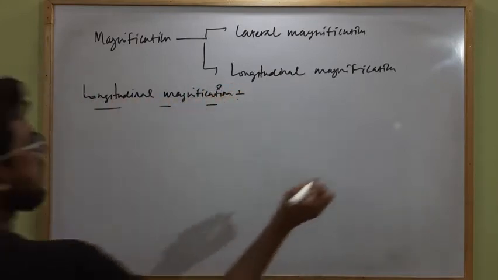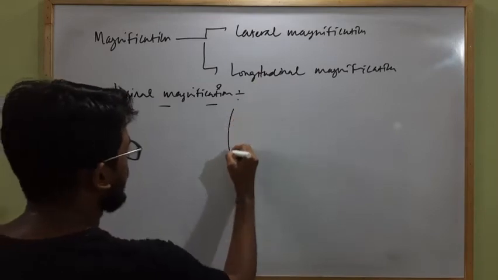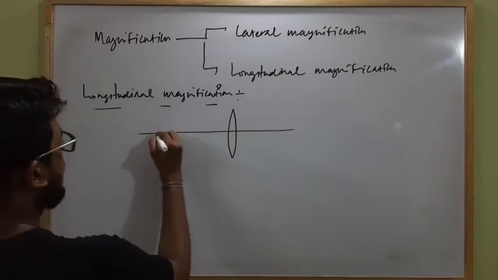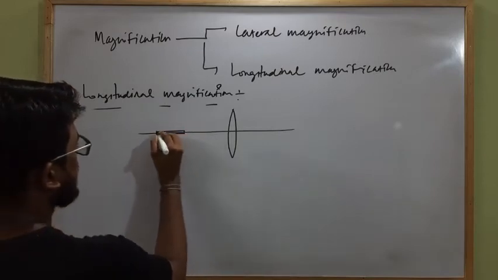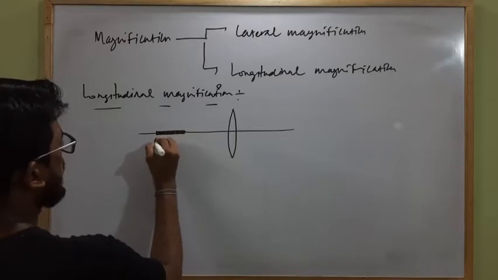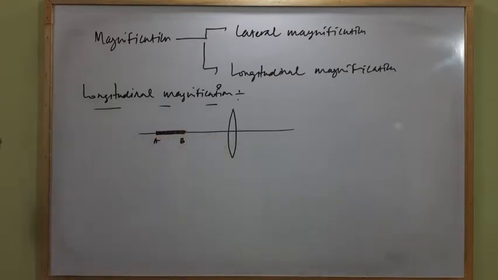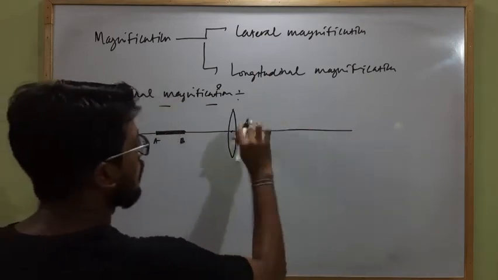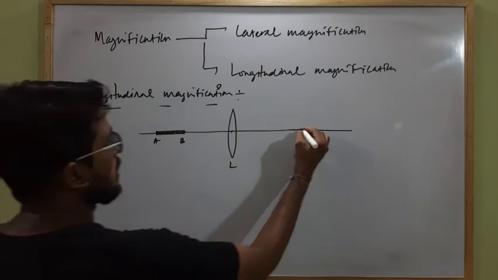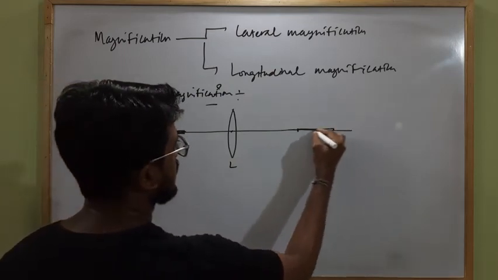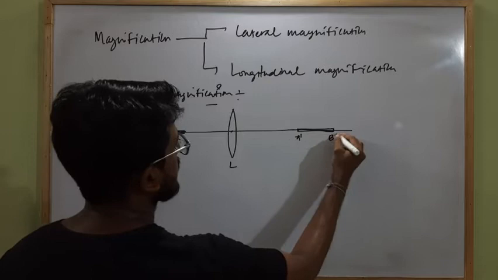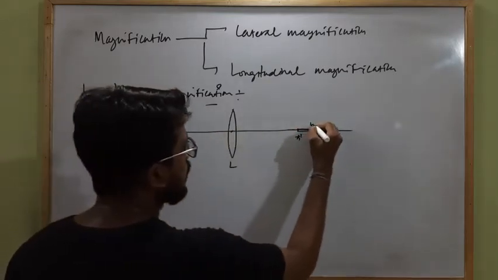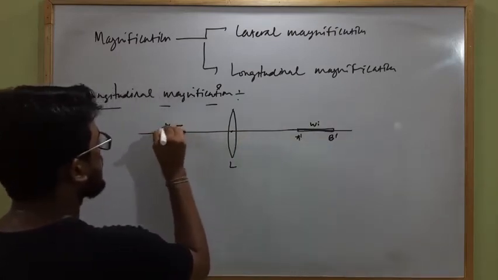So what is longitudinal magnification? If this is a lens, and here is an object placed like this, this is the length AB. So what will be the image after refraction through this lens? This will be the image A dash B dash, which will form after refraction. Then how the width of image and width of object changes,